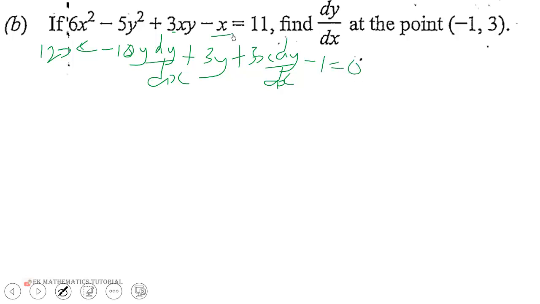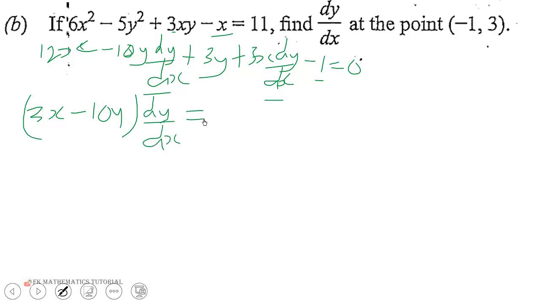So the derivative of x is 1. So now what you're going to do is that we will group the terms that contain dy dx and factor it. So dy dx is here, dy dx is here. So we'll get 3x minus 10y dy dx